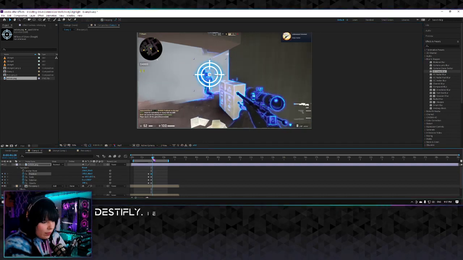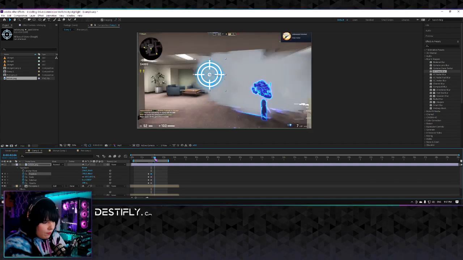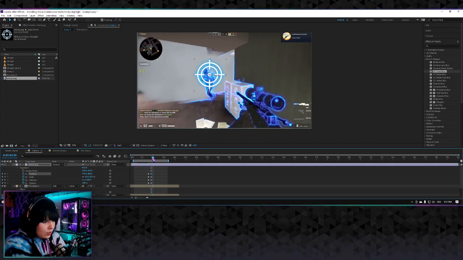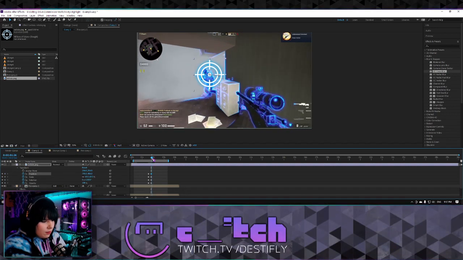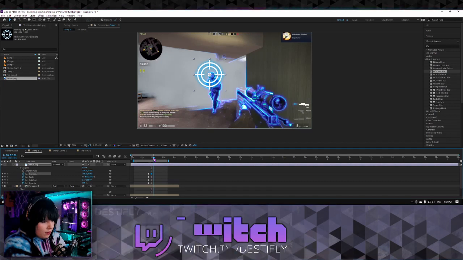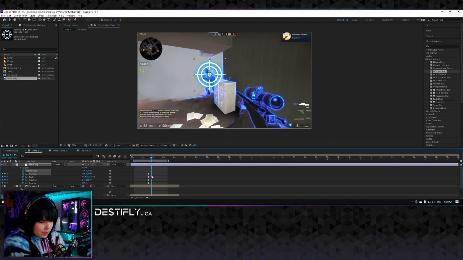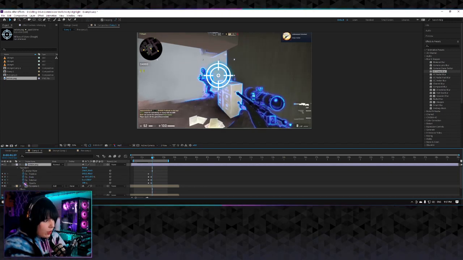So let me see, where do you shoot the guy? It's hard to tell, but it looks like it's a headshot. So I'd say, okay, I'm going to delete this position keyframe. See, and once these little stopwatches are clicked,